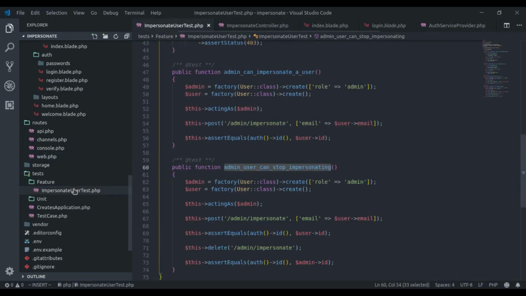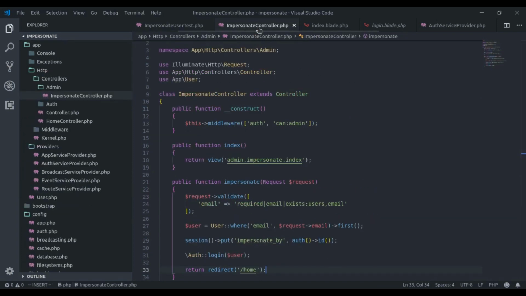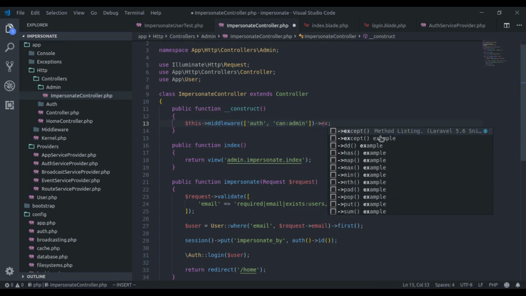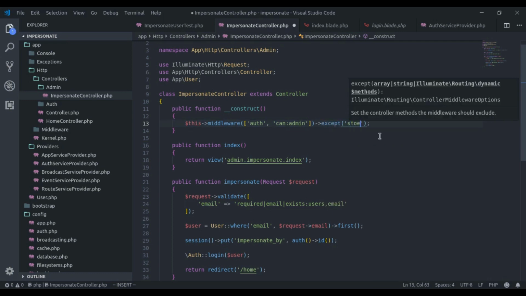This is because when we submitted this delete request, we are signed in as this user, and that user is a member user. In the impersonate controller, we have protected this route and it is open only to the admin user. So here we will say protect everything except the stop method.